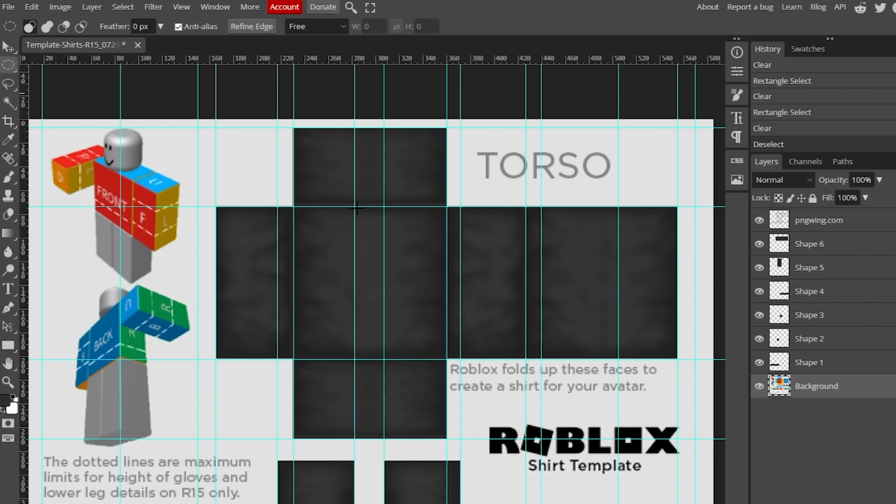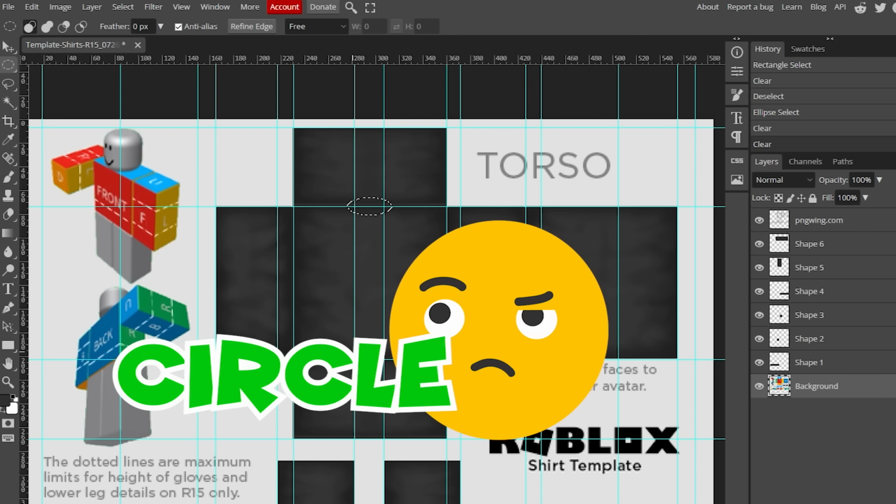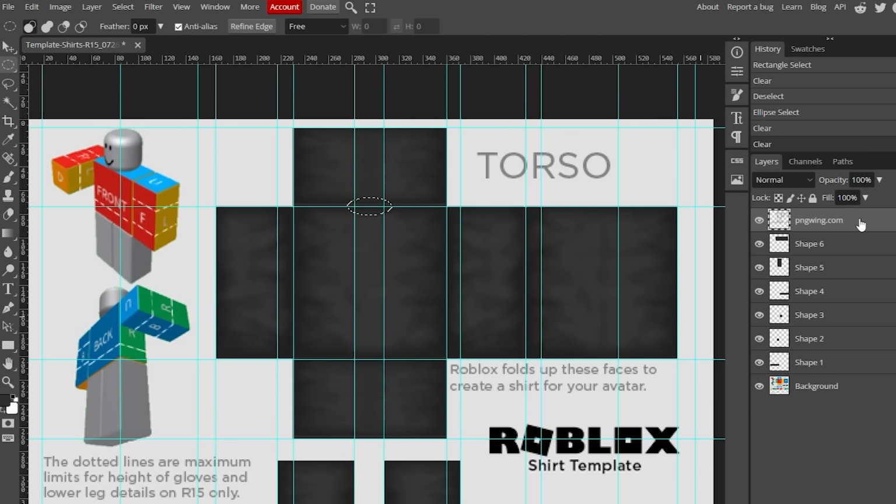Now you can do this in any way you want. You can have it as big as you want, small as you want, whatever. I like to just make a little square there with the crosshairs touching the guides, and then drag it across to the other side and make a little square. Push, and then get rid of that by pressing delete. You have to make sure the layers are selected,